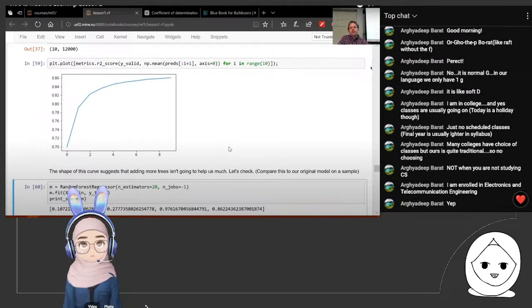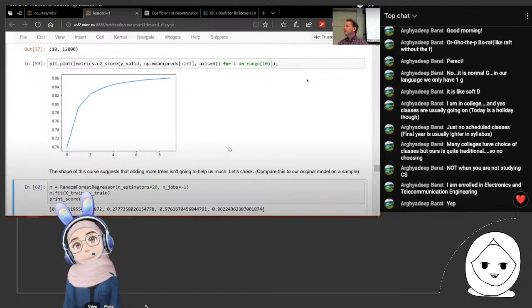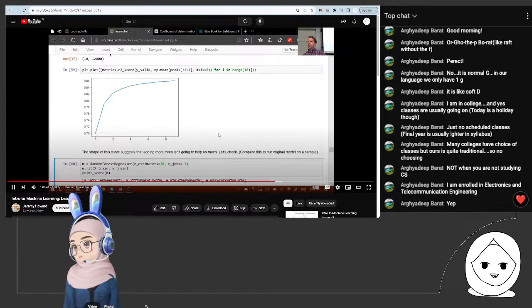There's some point at which you're going to not want to add more trees, not because it's going to get worse, because every tree is giving you more semi-random models to bag together, but it's going to stop improving things much. So the first hyperparameter for you to learn to set is number of estimators, and the method for setting it is as many as you have time to fit, and that actually seem to be